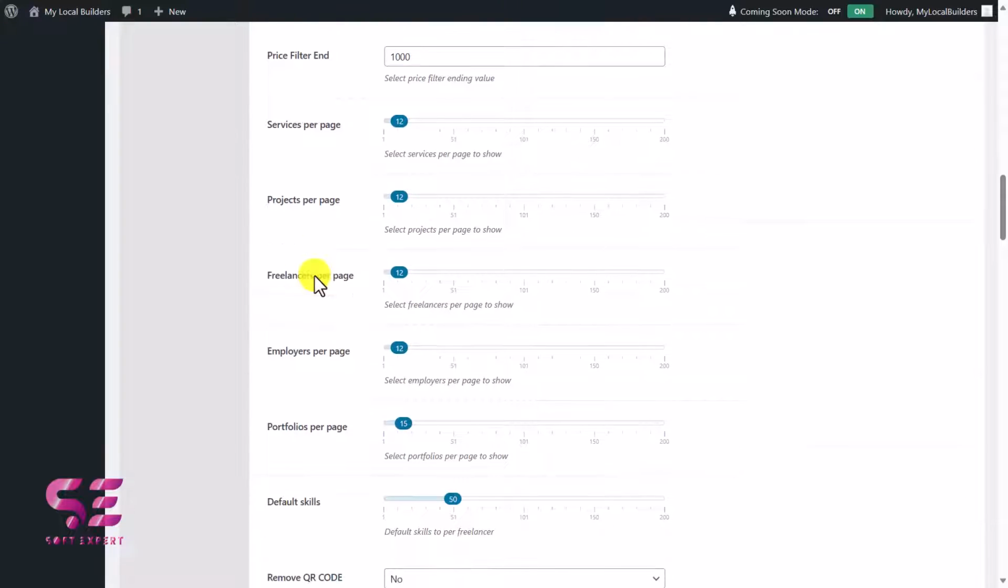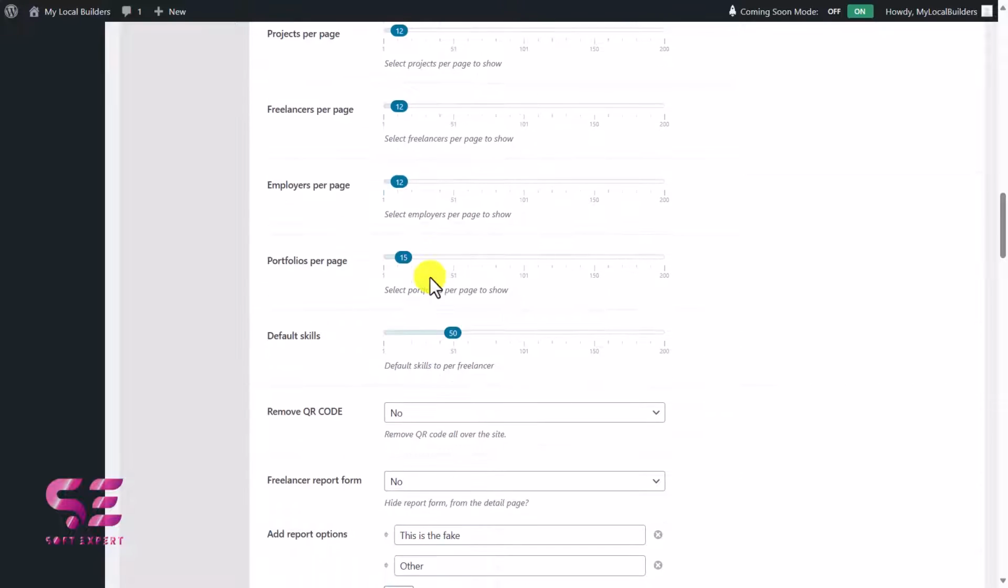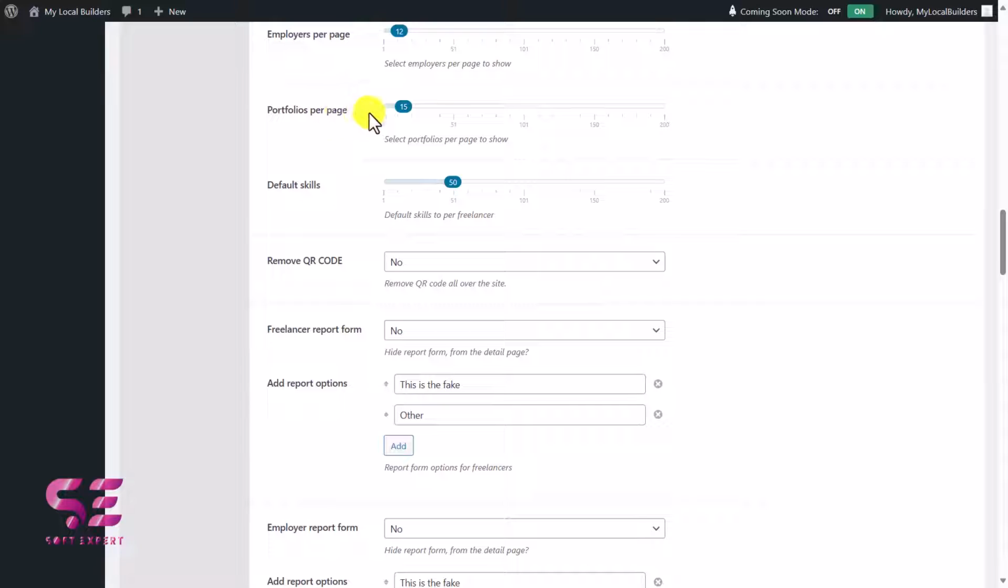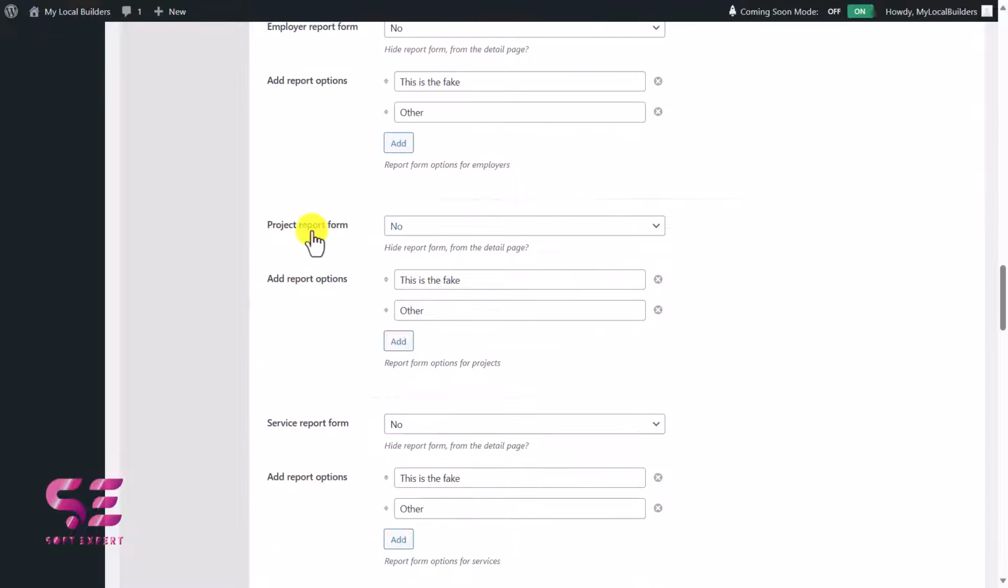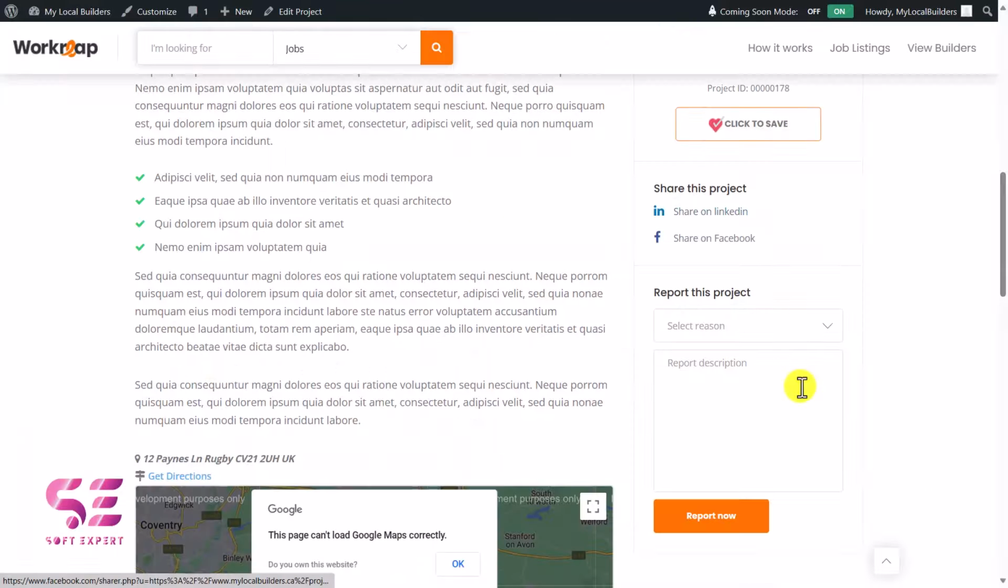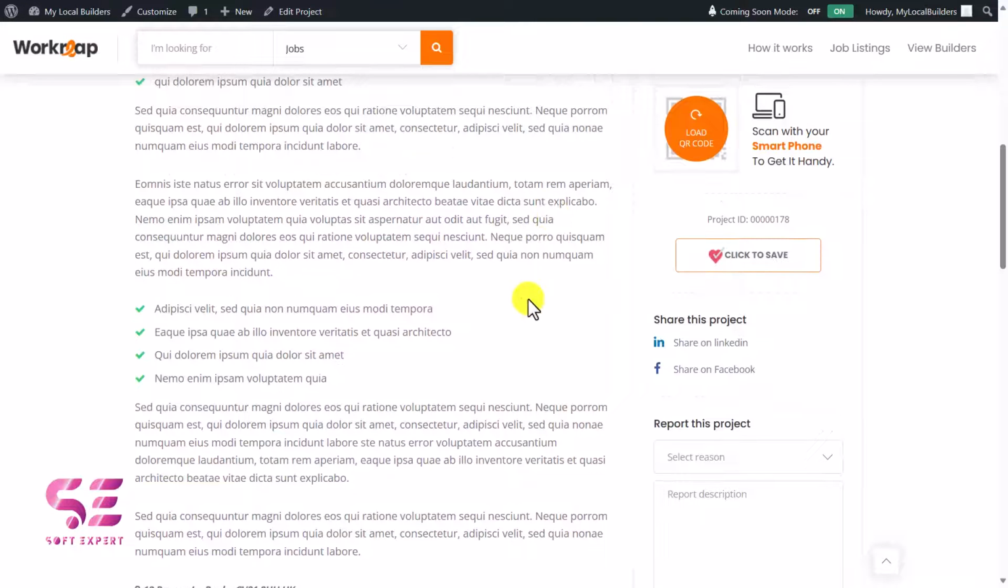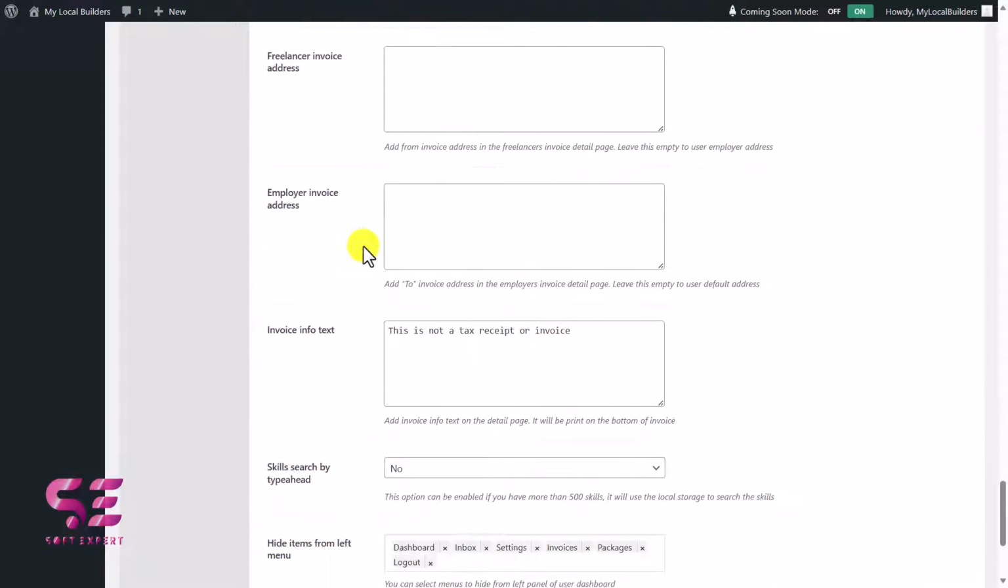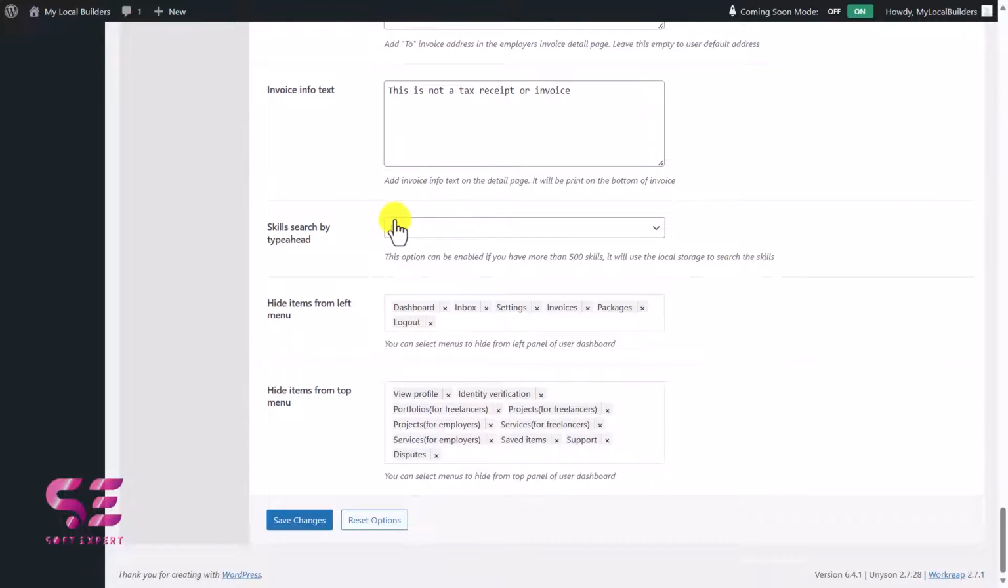Okay, these are the services per page. You can increase and decrease the number of services, number of projects, number of freelancers, and so on. But in most cases, the default options will work fine. And this is the report form. Let me show you. This is the report form. Okay, so you will see this on every gig and every project. There are lots of settings that you can enable and disable based on your needs, and you can